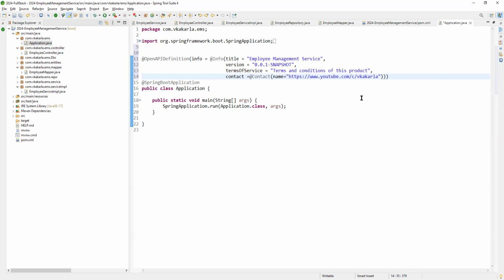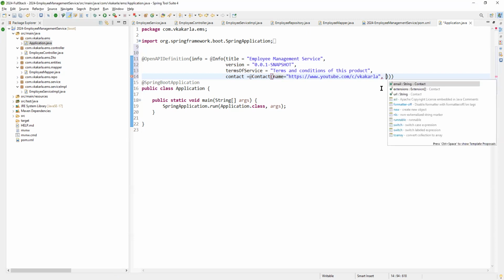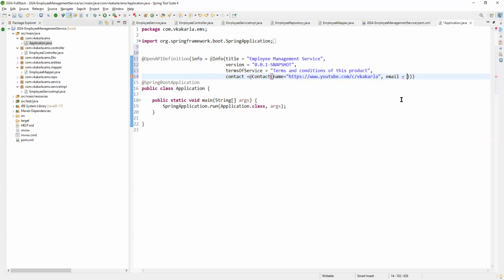That's fine. For contact, we can also give some more parameters, like email: Vkakarla at some gmail.com, some dummy email. Contact. And you can also add